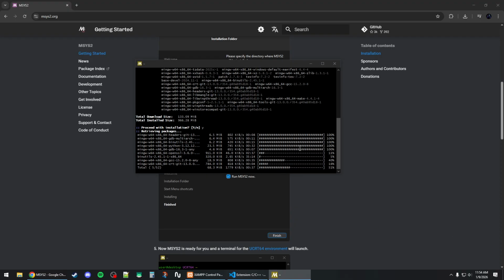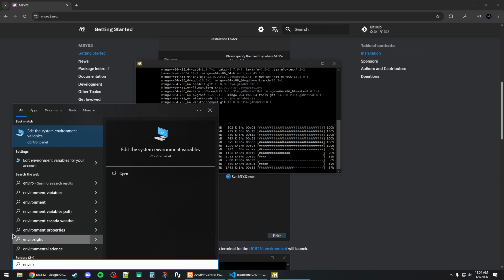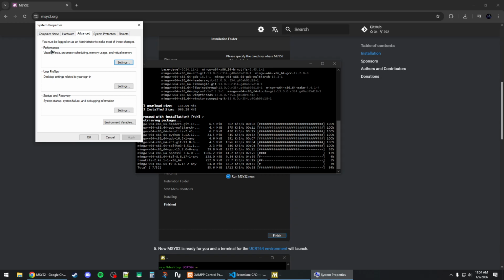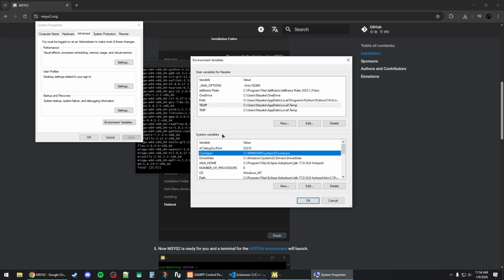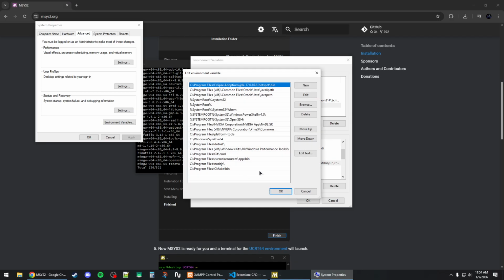Now while this is installing, you want to open up your start menu and then search for environment. Click on edit the system environment variables, and then click on advanced and then environment variables, and then you want to add the path of msys64 to your system variables. So you want to come down to the system variables section here and then look for Path, which is this one. Double click on it and then make sure to add a new entry by pressing new, and then you want to paste the path of